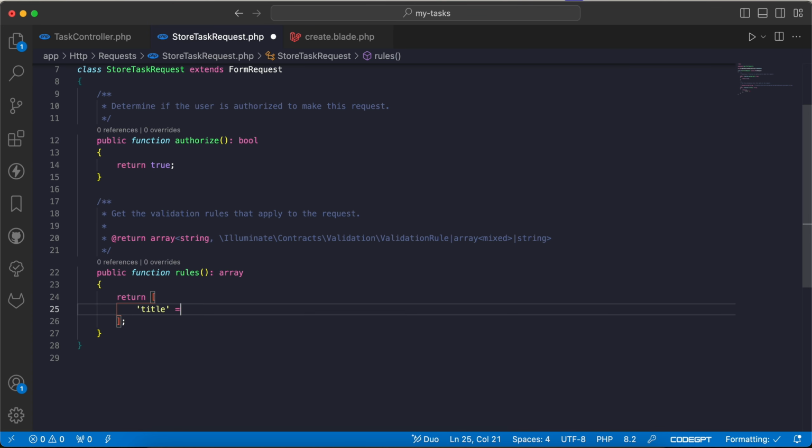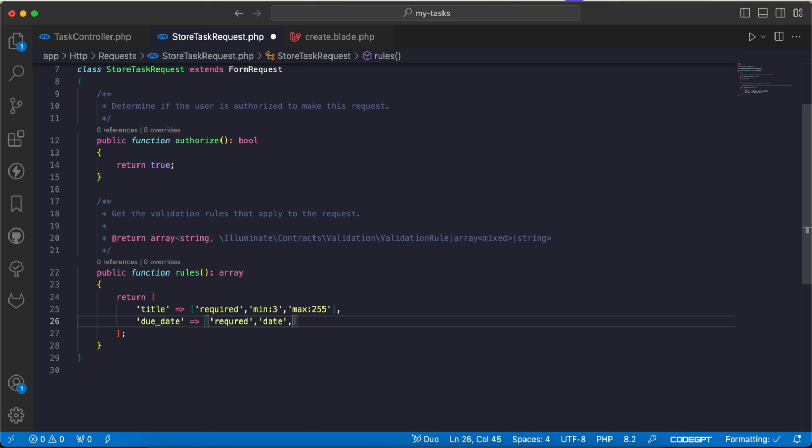I will say title using array here, required, and it must contain at least 3 letters like this with maximum 255. And for the due date here, it must be also required, and it must be a date,